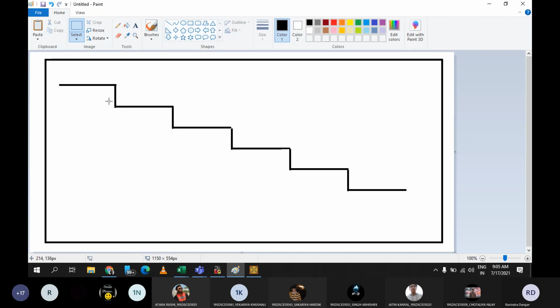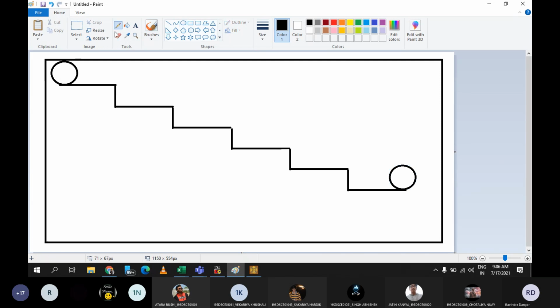See, you need to draw this kind of ladder, and there will be one ball here. Did you understand what to do? Yes, sir. You need to start moving this circle or ball from here, and it should go towards here. At the end, you need to move this ball from the original position to here.